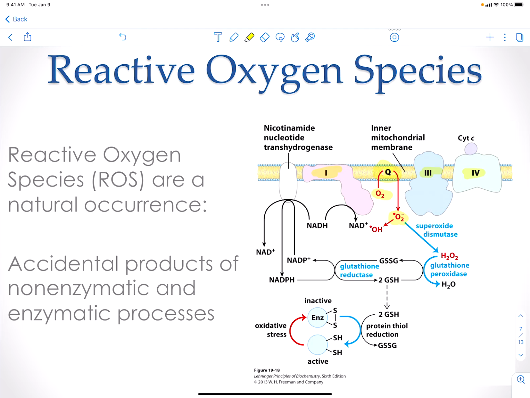And this radical can become our hydroxyl radical, which is the most potent, or it can be neutralized by enzymes, and such an enzyme would be superoxide dismutase. And this is found in our mitochondria and also in our cytosol. And this can convert our oxygen radical to a reactive oxygen species, but not a radical, hydrogen peroxide. And then hydrogen peroxide can be dealt with and converted to water.